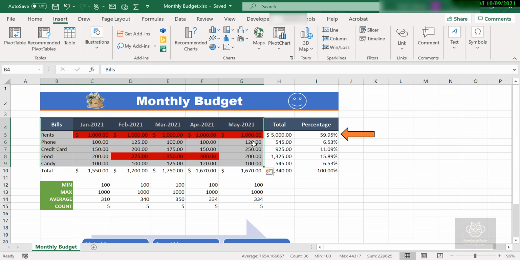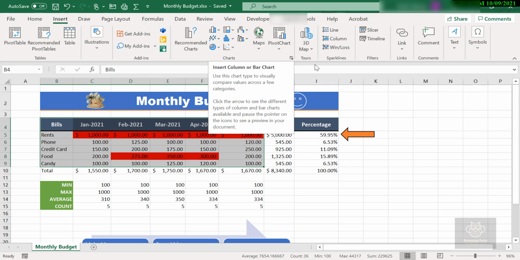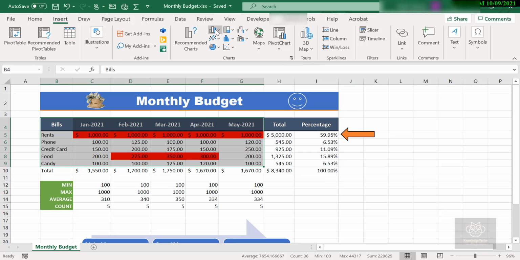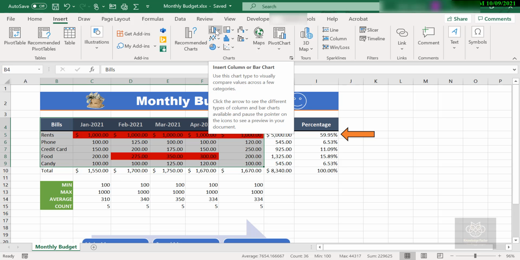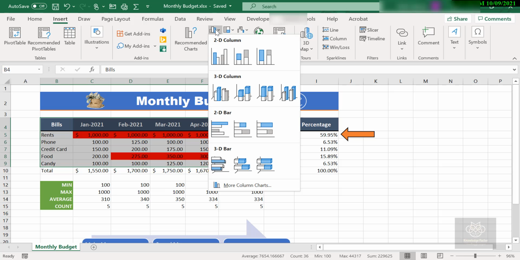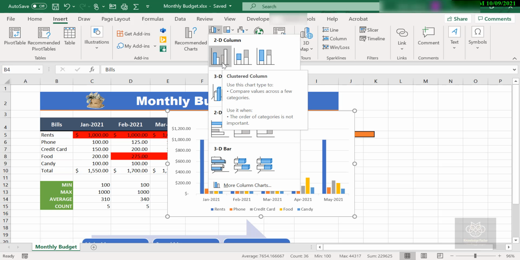With that selected, I'll go up to my insert tab, and inside the insert tab I have got sections about just charts. Now inside the latest release of Microsoft Excel, you have got lots of options to pick from here, and in earlier versions you have got lots of options there as well, but they have just been slowly introducing more and more with each iteration of Excel. So here I'm going to go into really the first option there. This is our column chart, so I'm just going to hit the little button there, and I'm going to grab just a standard 2D column chart, kind of the most common type of chart that you will see inside of Excel. I will get that going and click, and